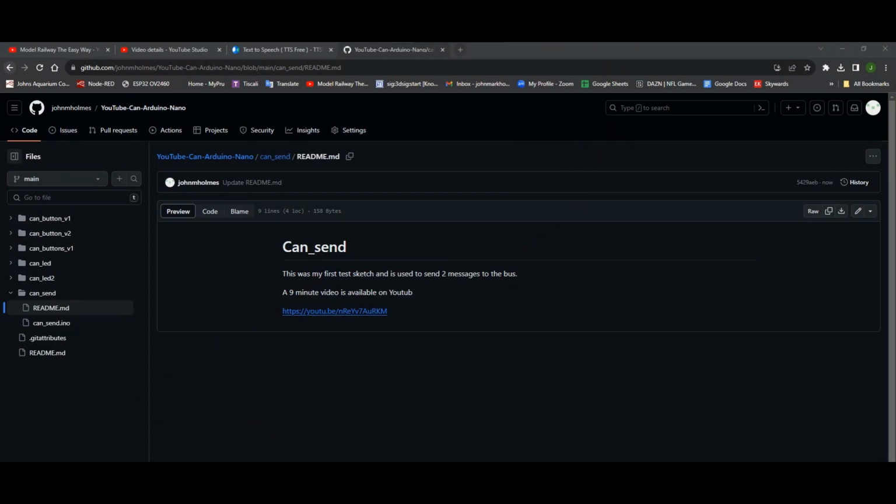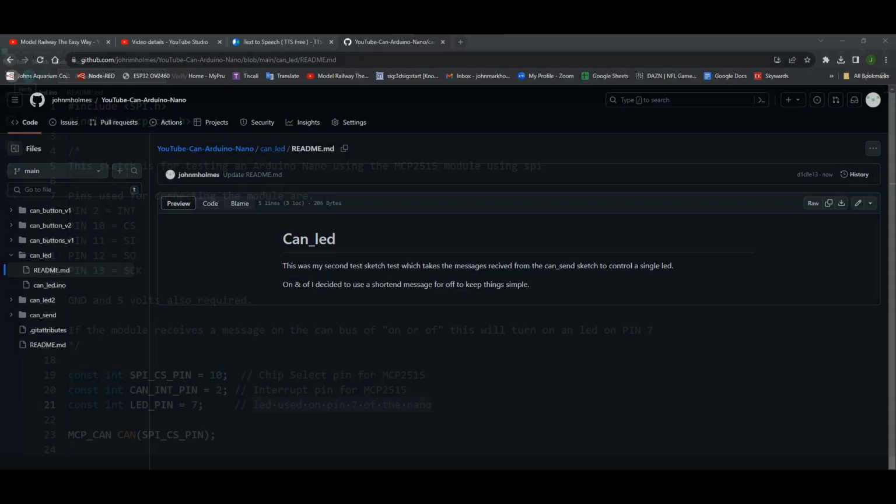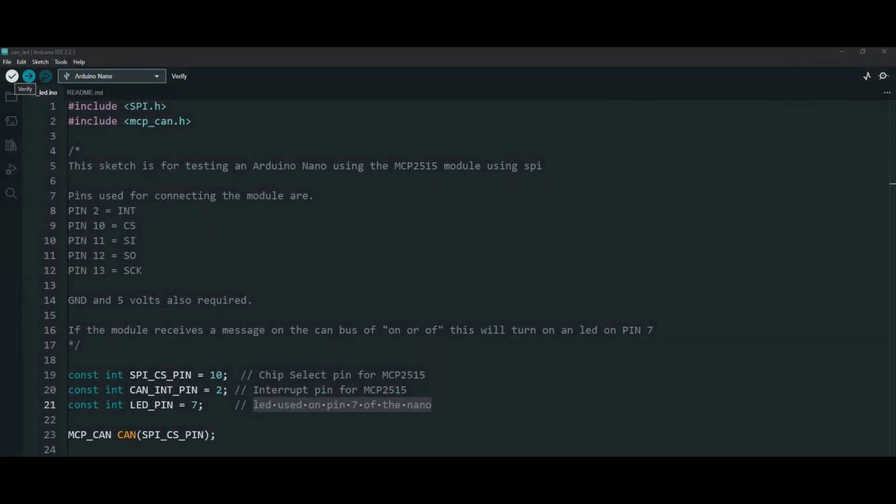In our last video, we explored the CAN_send sketch. Today, we'll delve into a new sketch, CAN_led, focused on receiving messages from the bus and applying practical functionalities. Building upon elements from our previous sketch, this episode will demonstrate how to make the most of the data received on the CAN bus. To access the CAN_led sketch and related resources, you can find the GitHub repository linked in the video description. The first 20 lines are not changed from the previous sketch, however you will notice we have